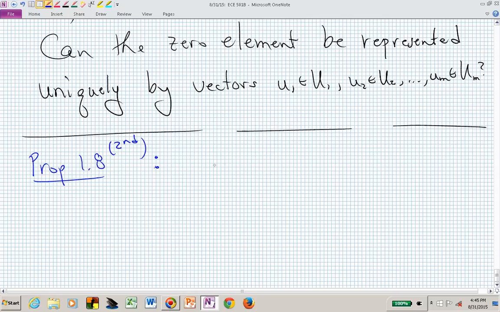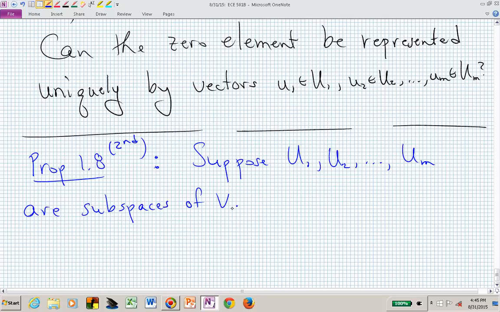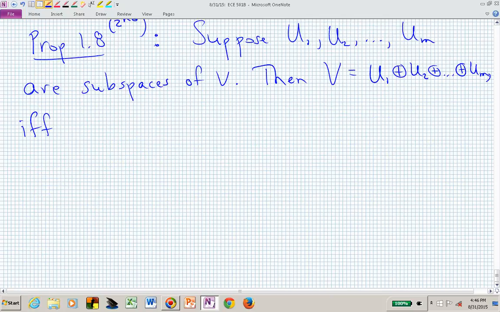Proposition 1.8, suppose capital U sub 1, U sub 2, on up to U sub m are subspaces of our underlying vector space V. Then V is a direct sum of U1, U2, up to U sub m, if and only if